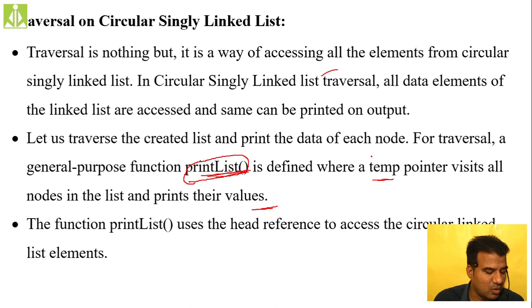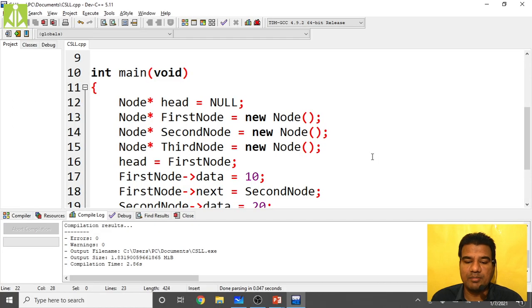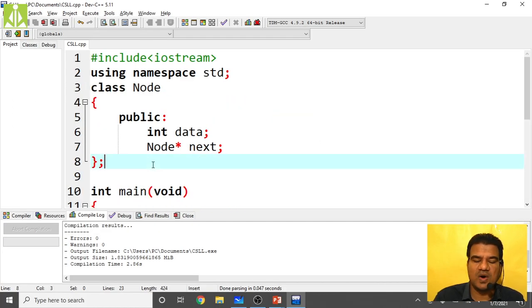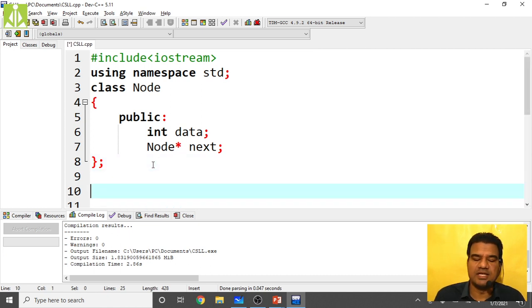So quickly I will go to your IDE, so that we can do the implementation of your print list function. Okay. So as you can see, all these concepts are very easy, dead easy I can say. If you have a minimum focus on this one, if you have a minimum practice on this one, all these concepts are dead easy. Okay.